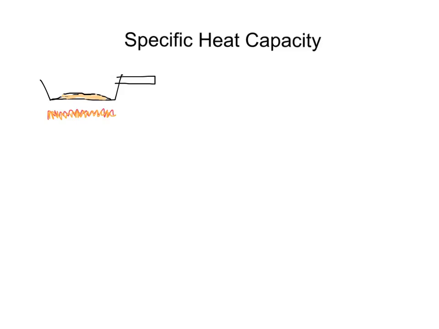And we have this thing called specific heat capacity. Now, the specific heat capacity of a material is the amount of energy that you need to be able to raise 1 kilogram of that material by 1 degree Celsius. So we'll just make a note of that. It is the amount of energy